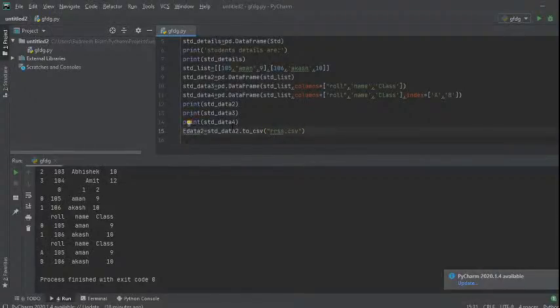This one, std data 2. So this std data 2 frame is there. Now e data is equal to std data 2 to csv. This file, I am giving the file name here, rrss.csv, this file will get saved in my project folder.